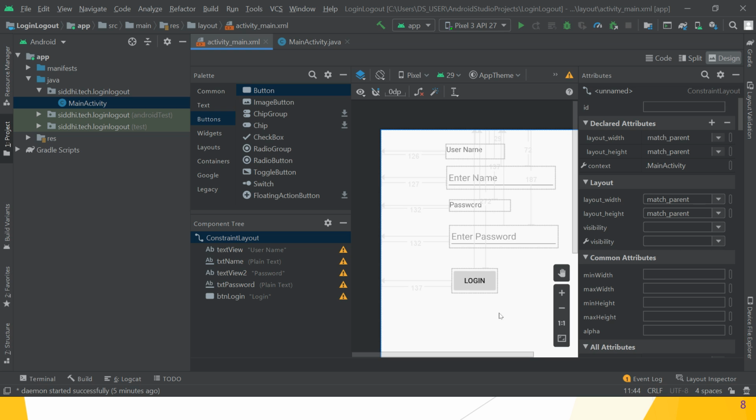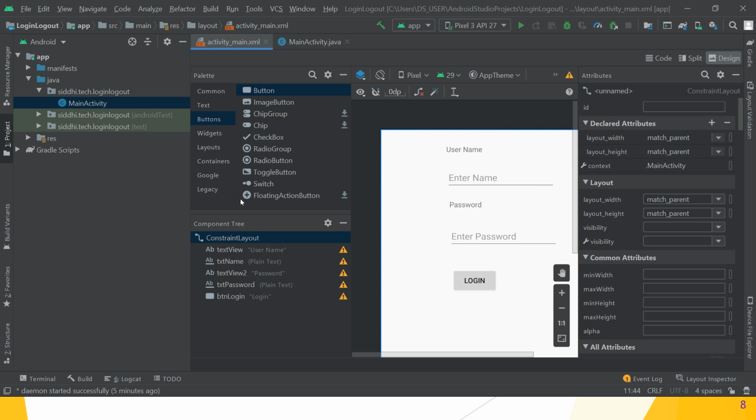Okay, so this is all about the design view in the activity_main.xml. Great. When we click on login, if username and password both are correct, these are saved into a file. Which file? Shared preferences file. And go to the next window, that is the logout screen. Guys, hope you understand. So this is all about the first activity_main.xml.